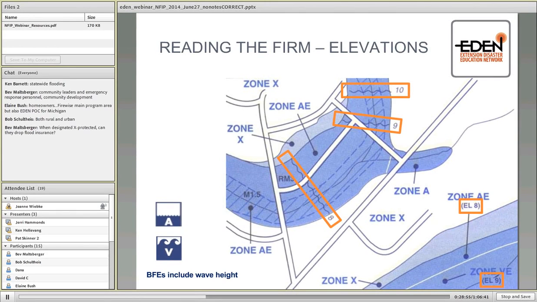And those are the little icons that tell you the difference between A's and V's. V's will have breaking waves that are 3 feet high or greater. If it's got a breaking wave and it's less than 3 feet high, it's an A zone. The reason they have that distinction is that breaking waves are far more destructive than still water, or water without waves, just water. So the insurance costs more, the building requirements are a little bit more stringent,